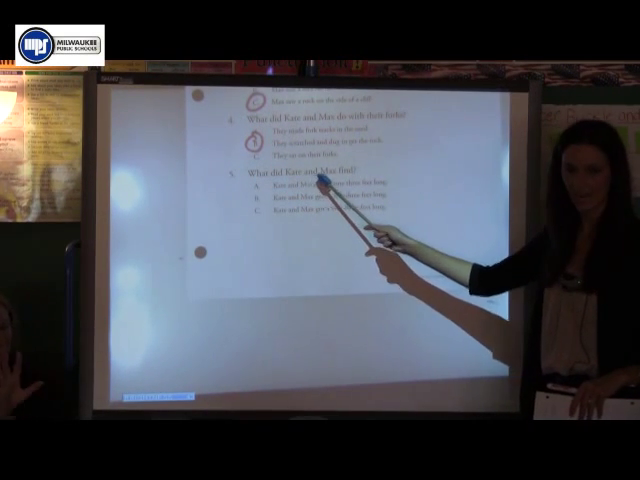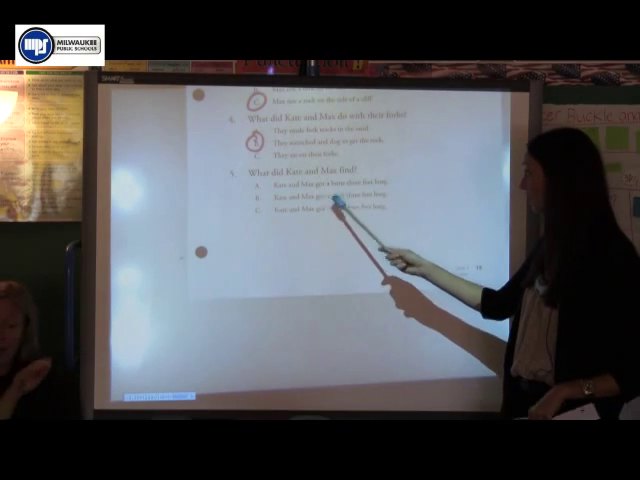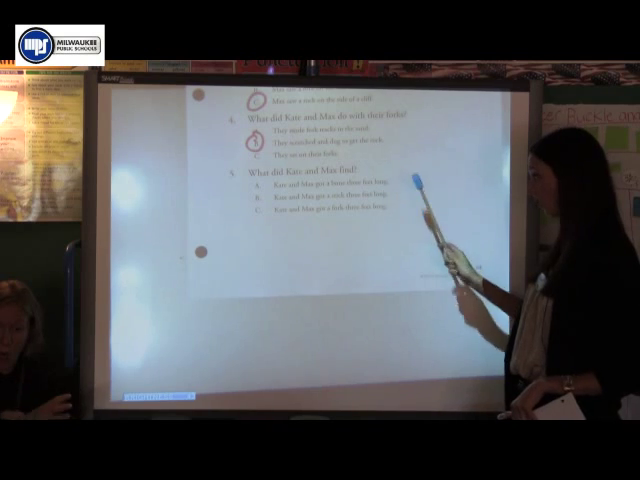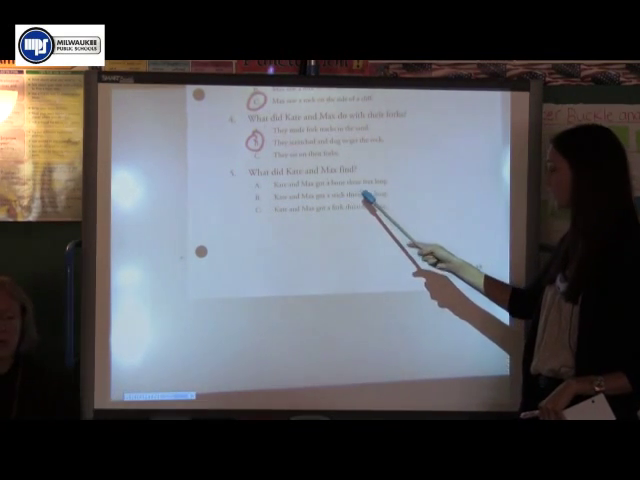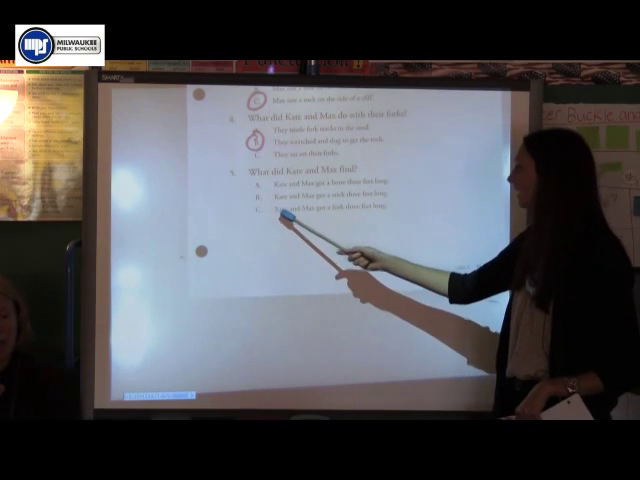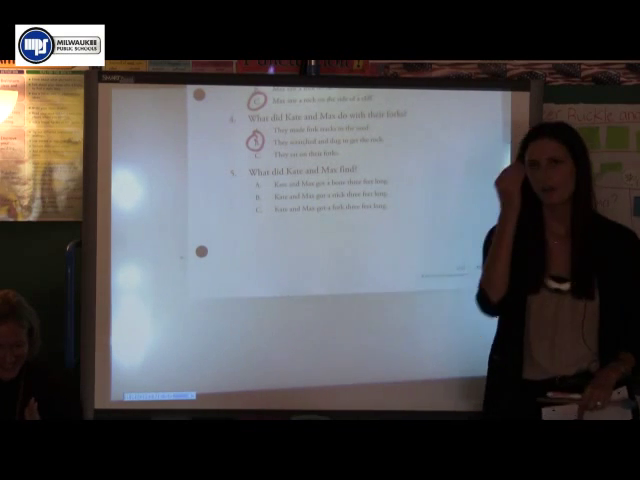And 5, our final one. What did Kate and Max find? A, Kate and Max got a bone 3 feet long. B, Kate and Max got a stick 3 feet long. Or C, Kate and Max got a fork 3 feet long. All right, this one should be